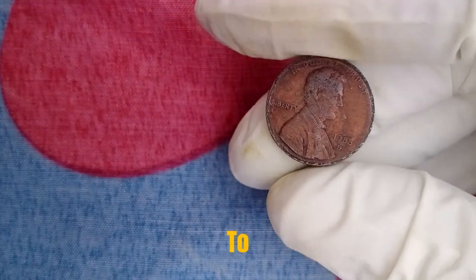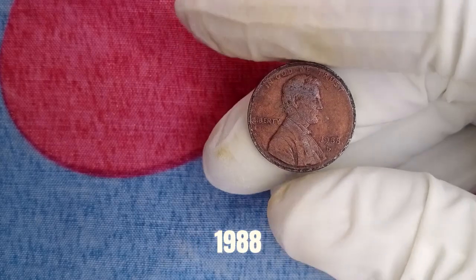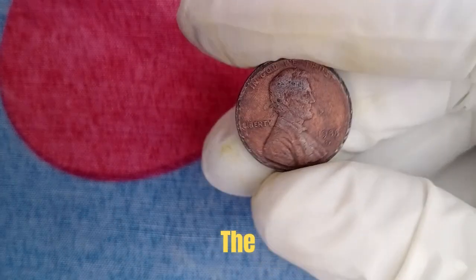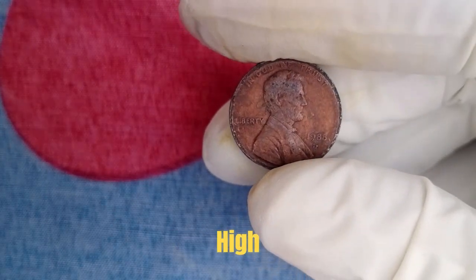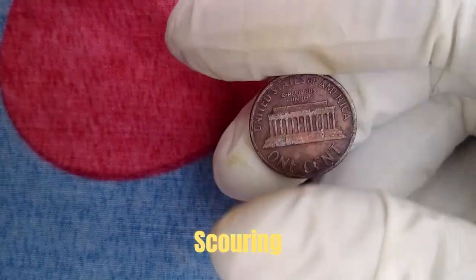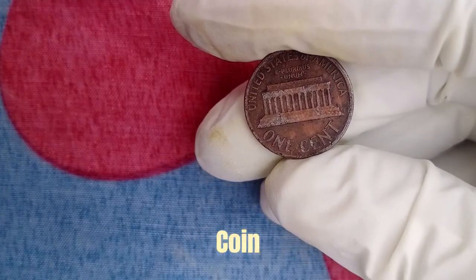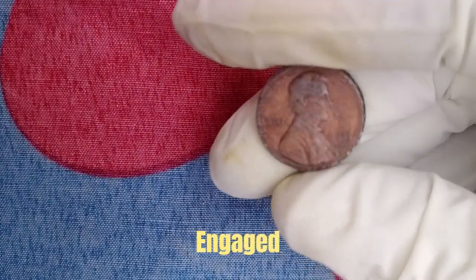It's also important to remember the sheer size of the mintage that year. Over 11 billion pennies were produced in 1988 between the Philadelphia and Denver mints, meaning there's a wide ocean of specimens out there, and that the chances of another mega-rare error coin still being undiscovered are statistically high. This keeps collectors, hobbyists, and even metal detectorists scouring through rolls and jars of pennies in hopes of uncovering the next holy grail. The thrill of possibly turning a 1-cent coin into a $544 million fortune keeps the community engaged,